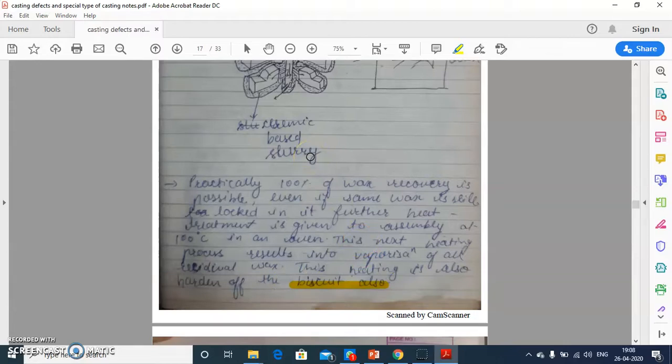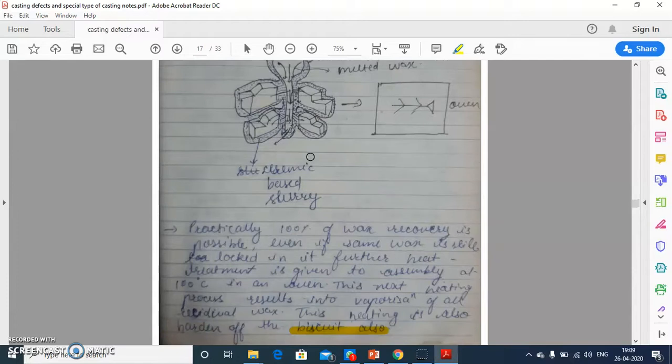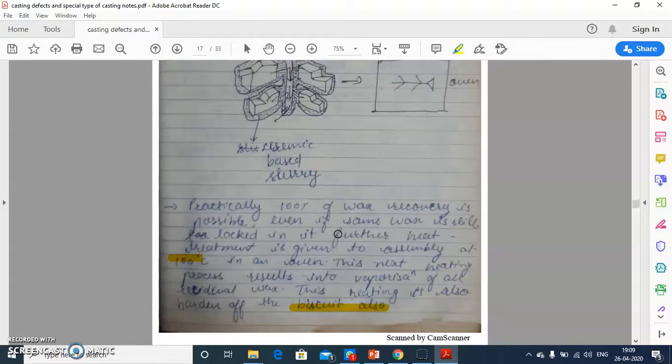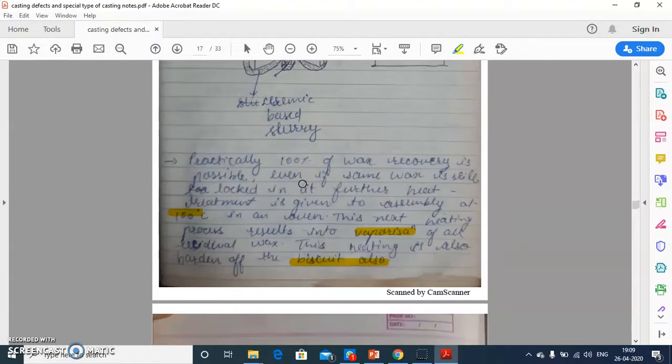अगर पूरी कंप्लीट वैक्स पैटर्न कंप्लीटली मेल्ट नहीं होता है तो फिर से हम उसको असेंबली को ओवन में फिट करते हैं एट 100 डिग्री सेल्सियस। 100 डिग्री सेल्सियस में उसको रखा जाता है जैसे कि वो फर्दर मेल्ट हो सके। जैसे ही मेल्ट होता है तो वो वैक्स का वेपोराइजेशन हो जाता है और वो कंप्लीट वैक्स निकल जाता है फ्रॉम द सिरेमिक बेस्ड स्लरी। जैसे ही पूरा वैक्स पैटर्न कंप्लीट रिमूव हो जाता है